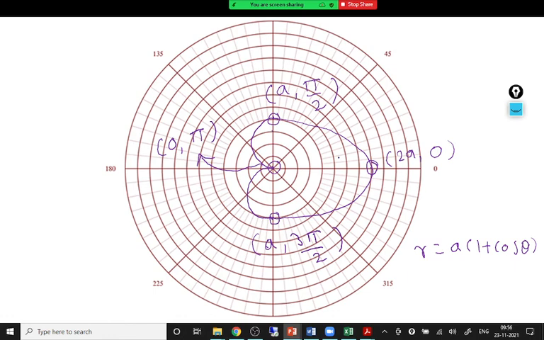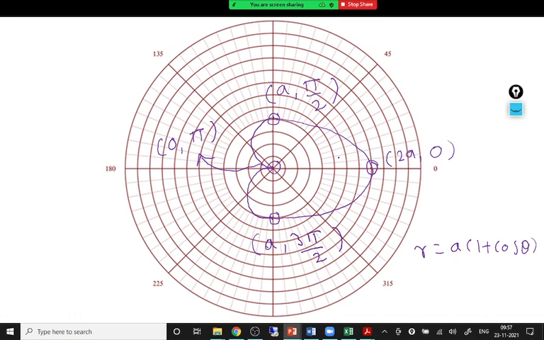Remember the 3 circles that we require, 2 cardioids, and there is one last curve left now, that is the lemniscate. So these are the polar curves that you should know to solve the problems. Without these curves you cannot solve any problem with polar curves.